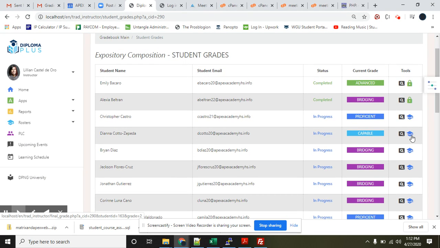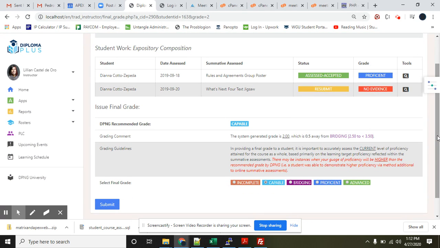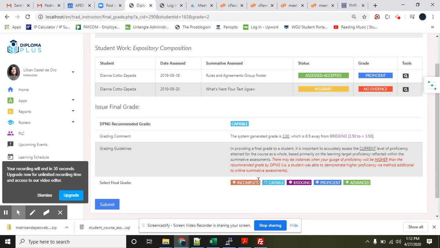Now incapable, so basically if it's less than bridging, then irrespective of whether you put incomplete or emerging, that grade is going to be an incomplete. So here, the system generated grade, say that five times fast, is 2.0, which is half a point away from bridging. So they're solidly away from bridging, primarily because of this no evidence assessment, which is a resubmit. And we could go in